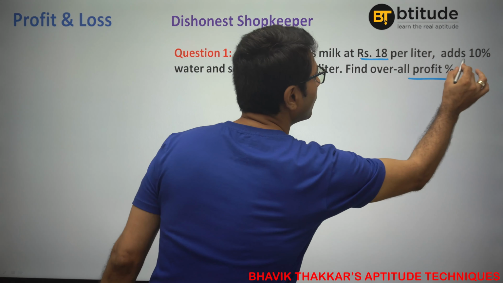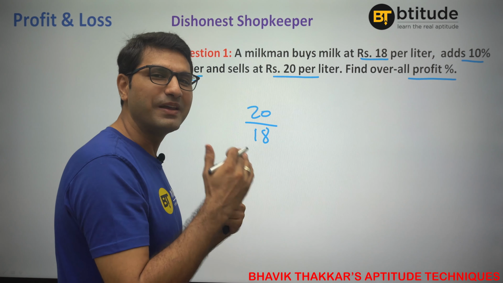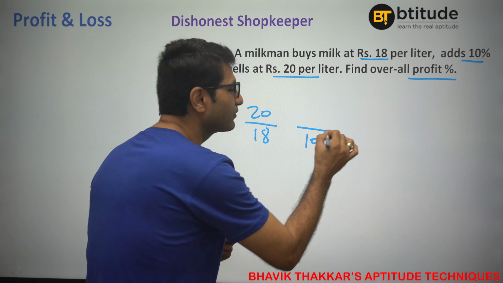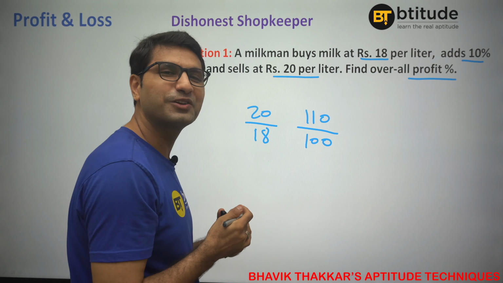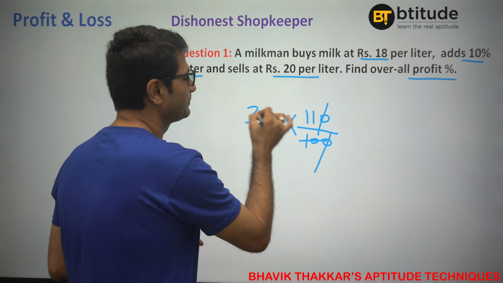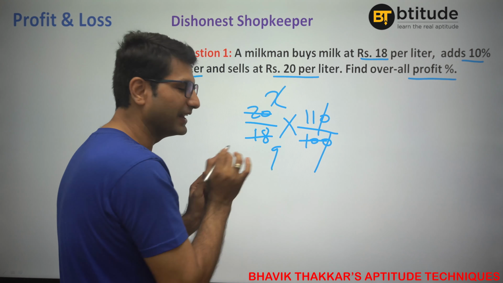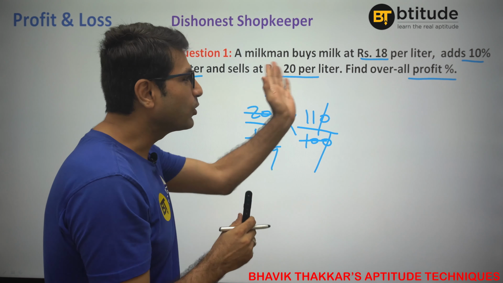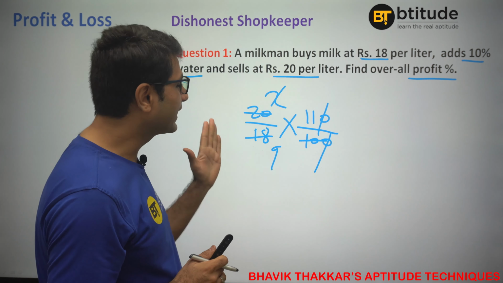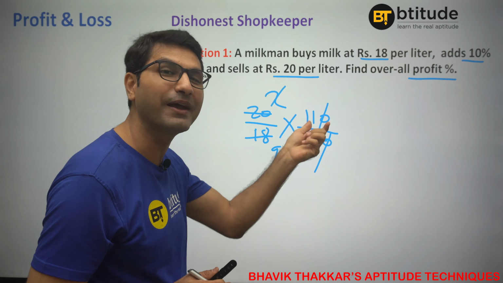And another thing, you are also adding this 10% water. Adding 10% water means adding 10 liter on 100 liter. So you are actually making your 100 liter worth of milk to 110 liter worth of milk. That means total is nothing but multiply both of this. So you will get, this means your value is getting multiplied by 11/9. Yes or no? This means both these profits, when work together, combined, that means overall you are getting your value multiplied by 11/9. Your value, your cost is actually getting multiplied by 11/9.